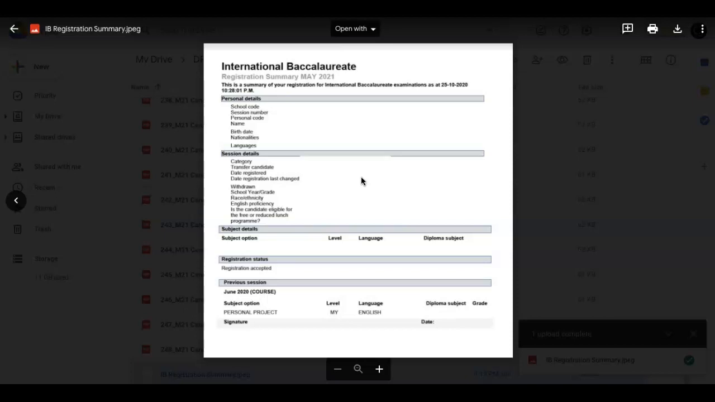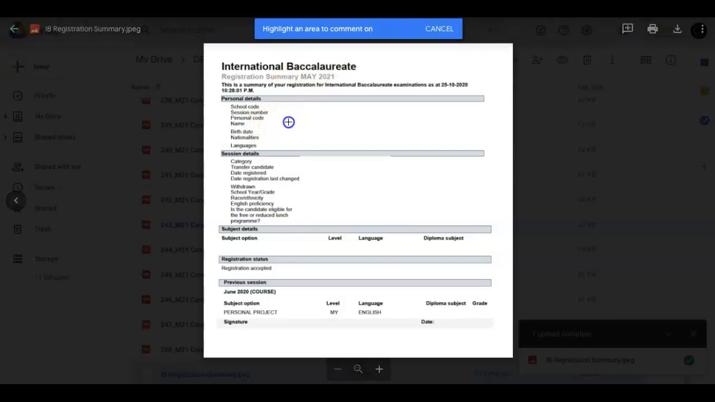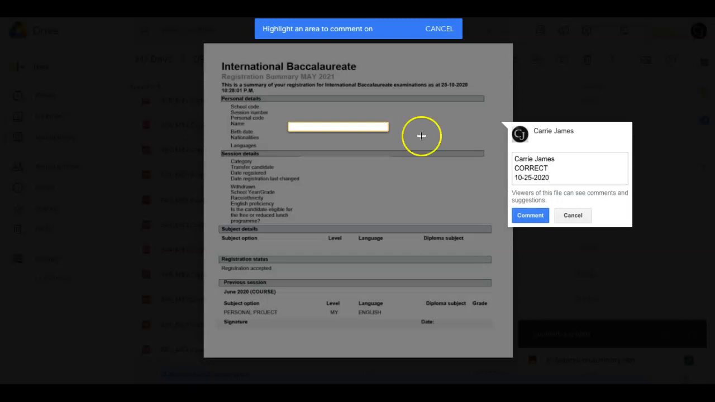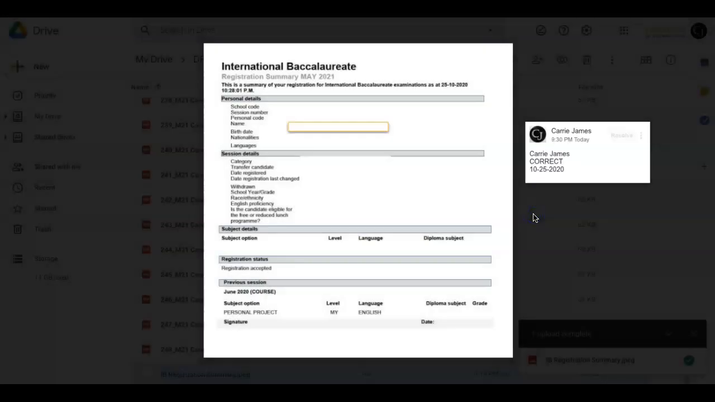So the final step, if you've reviewed all of this and it looks correct, when you open this up in Google Chrome, you're going to see this little plus comment box up here. And you're going to click on that and you're going to highlight any area that you want to comment on. So let's say I'm going to highlight on my name, and I'm going to write my name as if it's my signature. I'm going to write correct, and I am going to date it. And I'm going to comment it. It's going to get sent to me, and I'm going to know that everything on this registration summary is correct